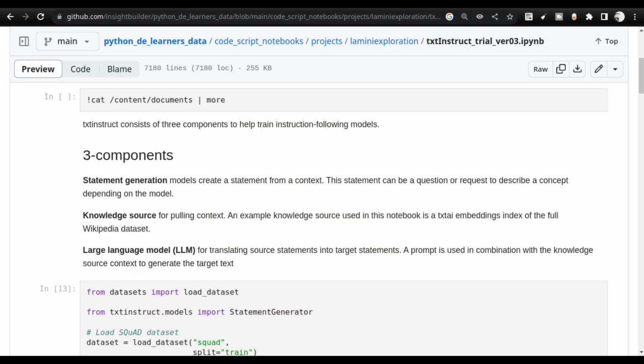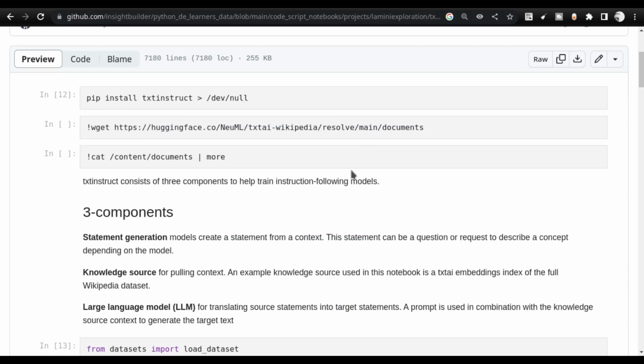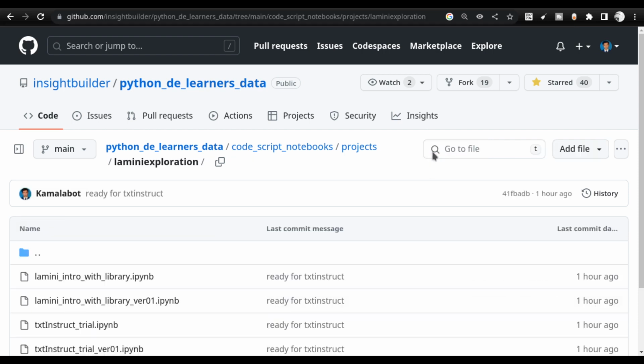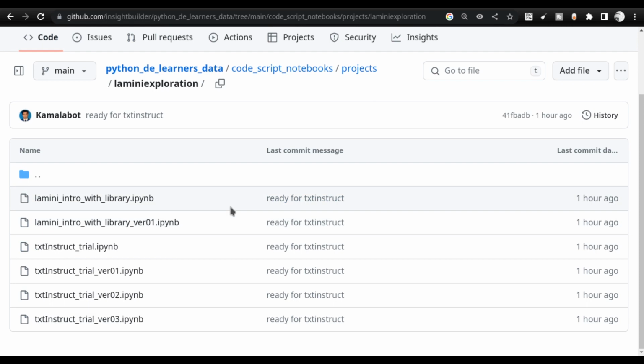With that said, let us go to the browser and the code. This particular code, you will see the same thing that I've explained in the presentation. I am also explaining it here. This is the GitHub repo where I am hosting this particular Jupyter notebook. And if you're wondering, what is Lamini exploration? It started with the TxtInstruct discussion. The idea to use TxtInstruct came after the introduction of Lamini. You must have already come across it. If you have not come across Lamini models, then do a Google search. You will get more information about it. But TxtInstruct is something that I am going to discuss. With that said, let us go to the